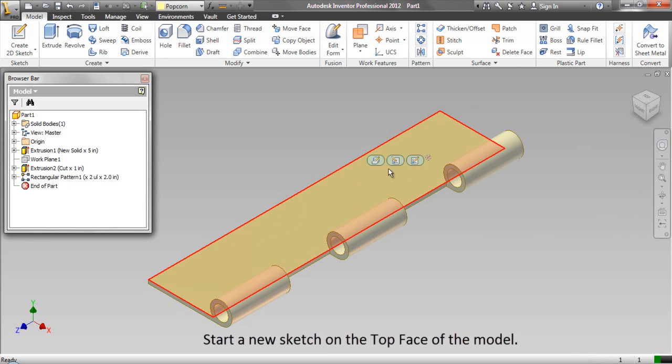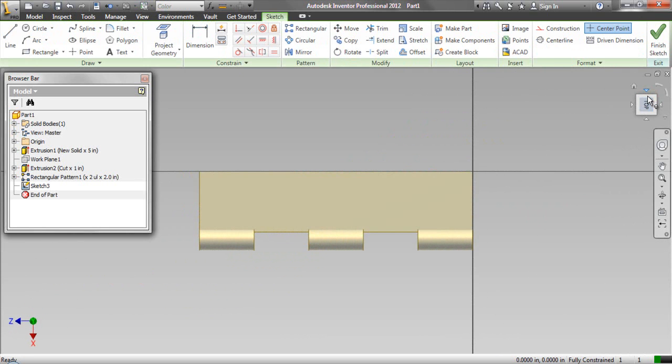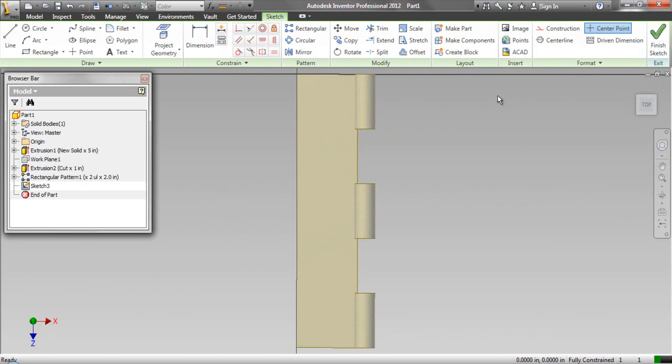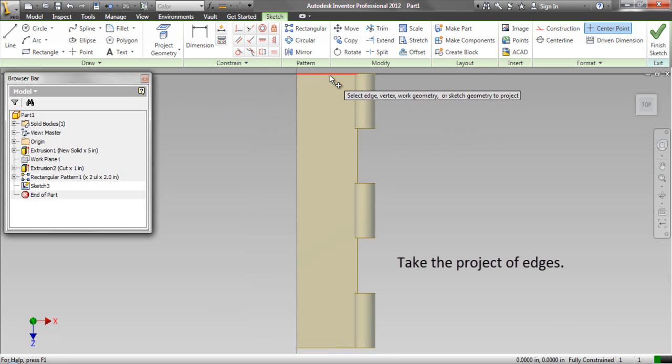Start a new sketch on the top face of the model. Project the edges.